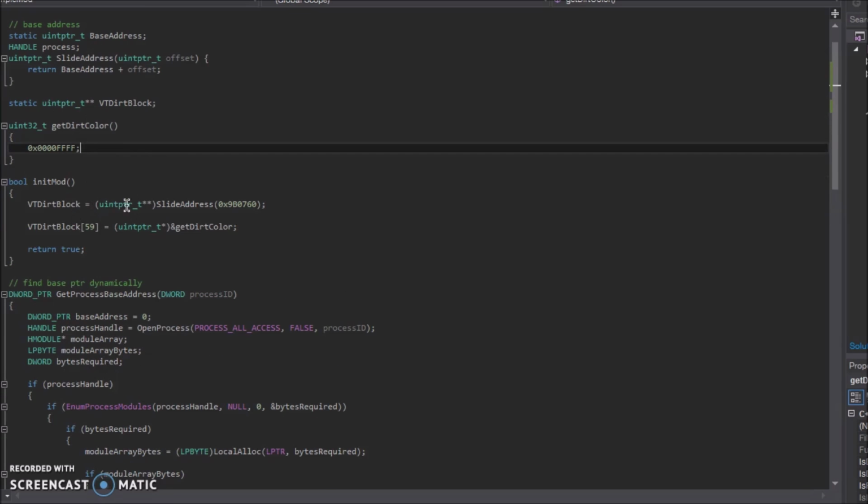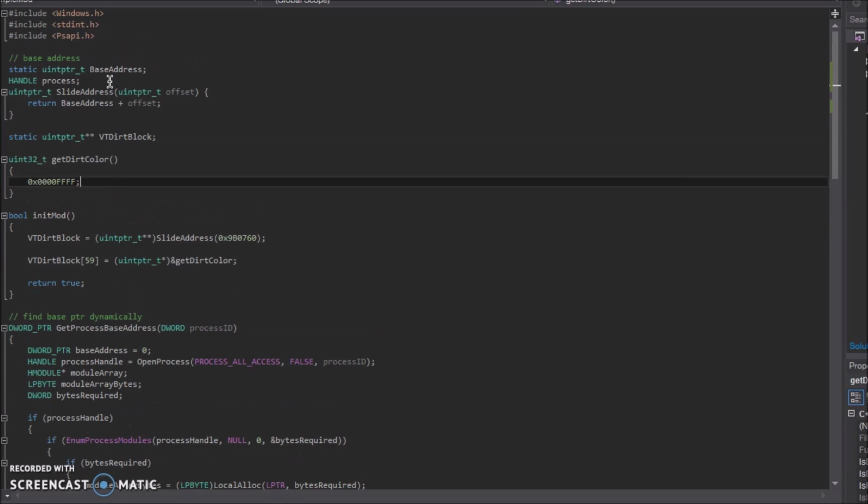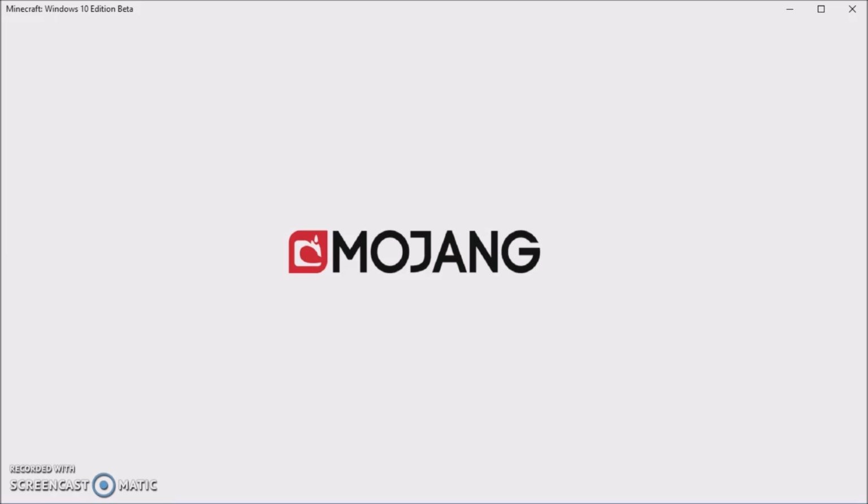So we're getting the vtable, overriding the pointer here. Okay, so this should be good now. We're going to build the mod. Oops. Silly me. I should say return. So now I'm going to build the mod, and then we're going to open Minecraft,